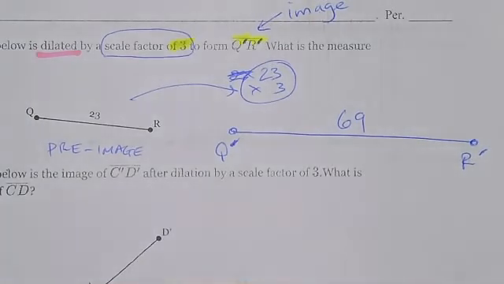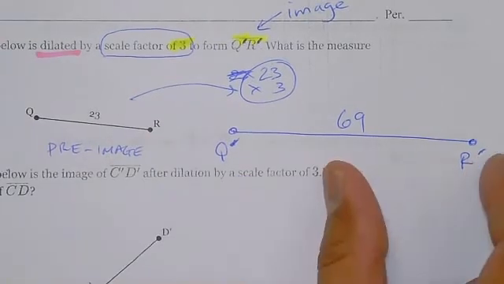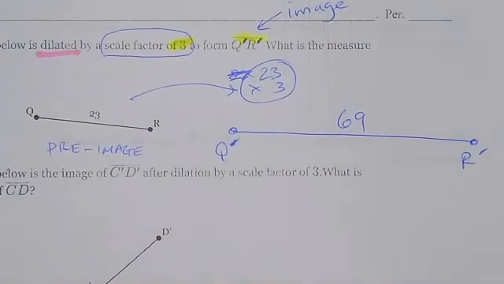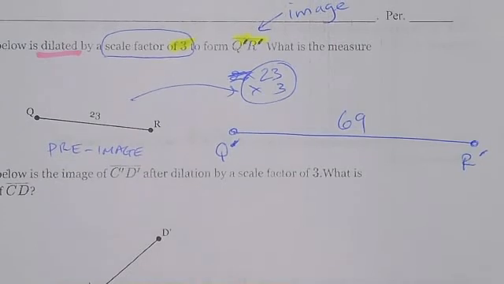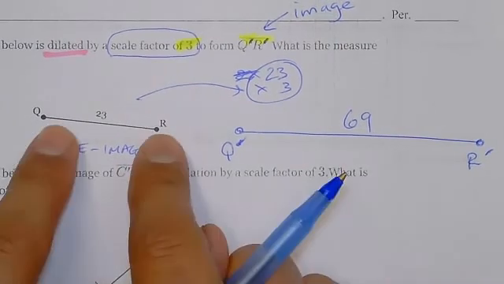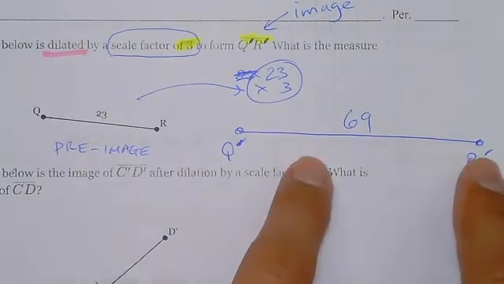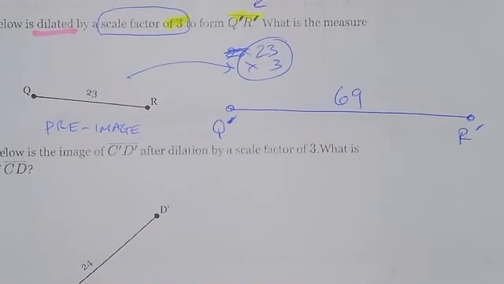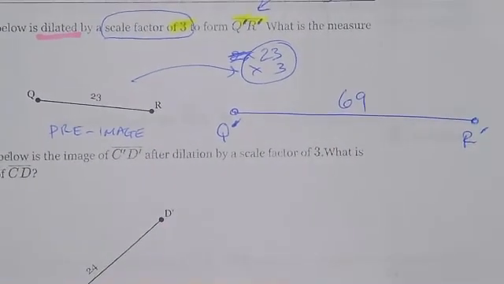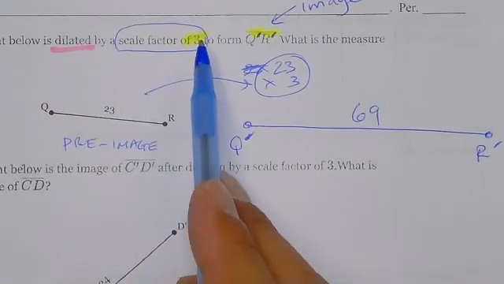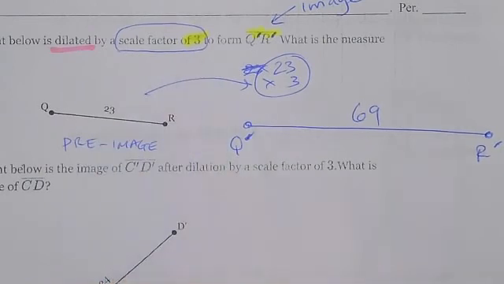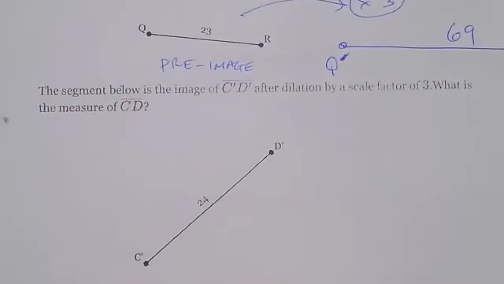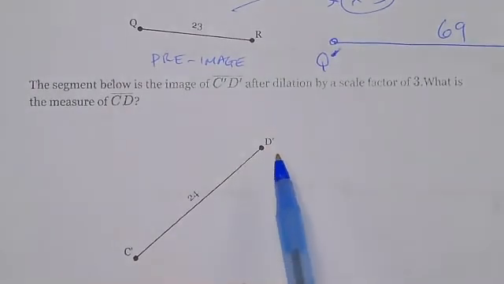Was that understandable? Yeah, that's how easy it is. But believe me, they're going to trick you in a bit. They're not going to write it this simple. It's not always going to go from small to bigger, okay? That's it. You understand that? That's a simple one. But you keep in mind which one's the original one and which one's the second one. The second one is the one that has the little markings like that. Okay, let's do number 2. Everybody good with number 1? Because it was a scale factor of 3, we multiply it by 3. We triple it up, right? Times 3. Number 2, the segment below,